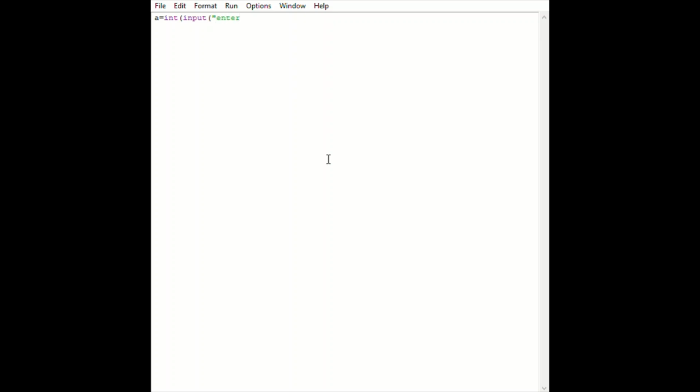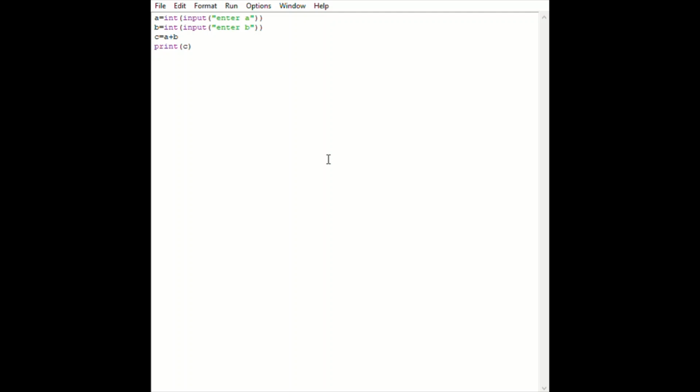So here I'm declaring the variable a, and as I said it will automatically take a as string, but we require int, so I use int input of enter a. The input keyword will display this in our output screen, where we'll take input for the variable a. Similarly, b is a variable of type integer, where we are taking b as input, and finally we'll add c.